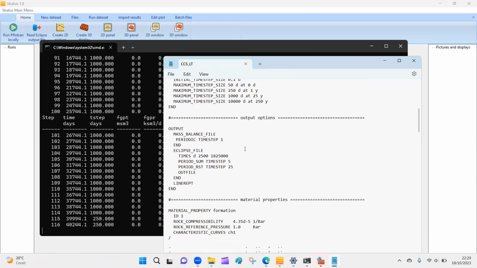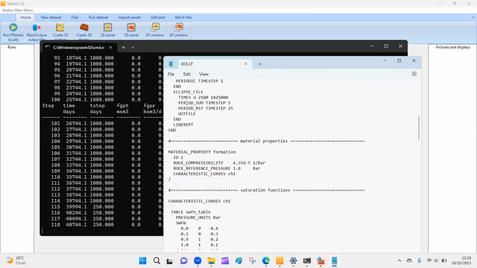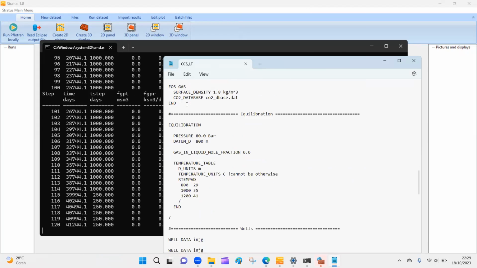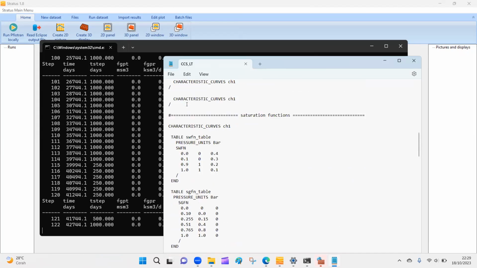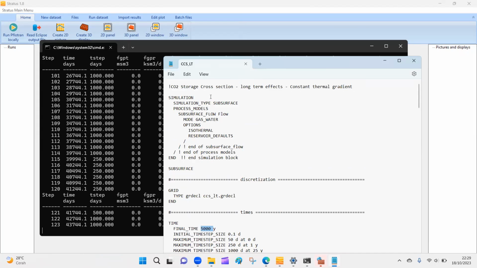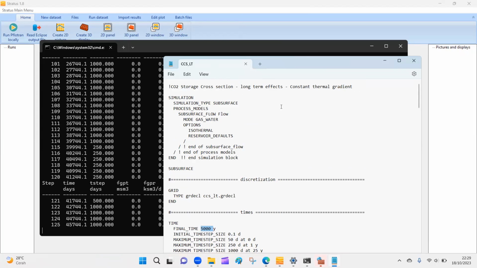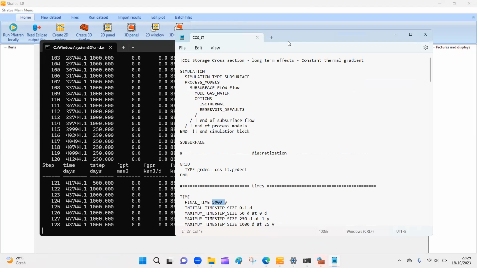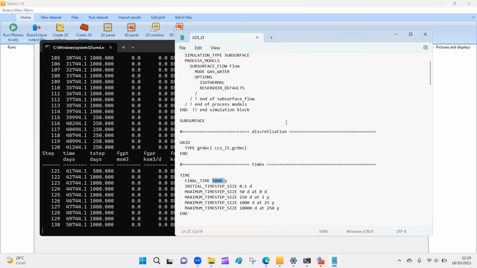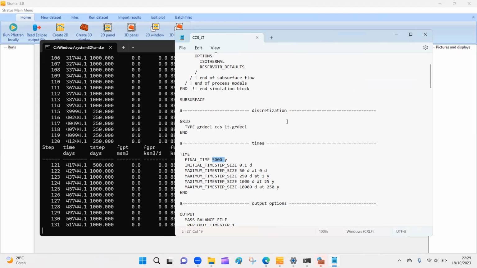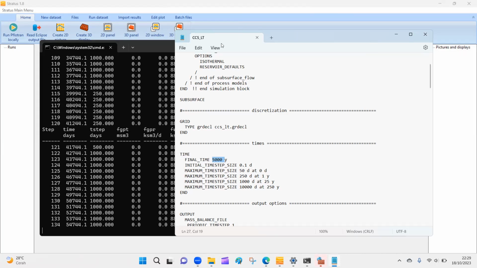Right. Show to storage cross-section long-term effects. So we can get this template, this example case from Opengosim. I'm not going to detail in this specific video. I'm just going to show you what this data deck